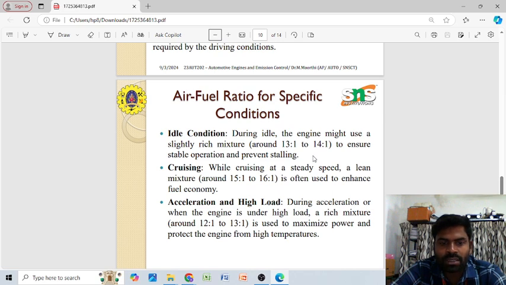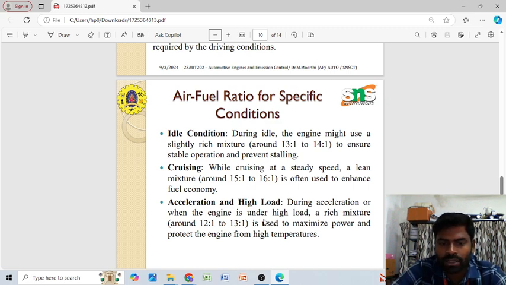And the next one is the condition of cruising. While cruising at a steady speed, a lean mixture around 15 to 1 or 16 to 1 is often used to enhance fuel economy. And then during acceleration and high load, when the engine is under high load, a rich mixture is used,